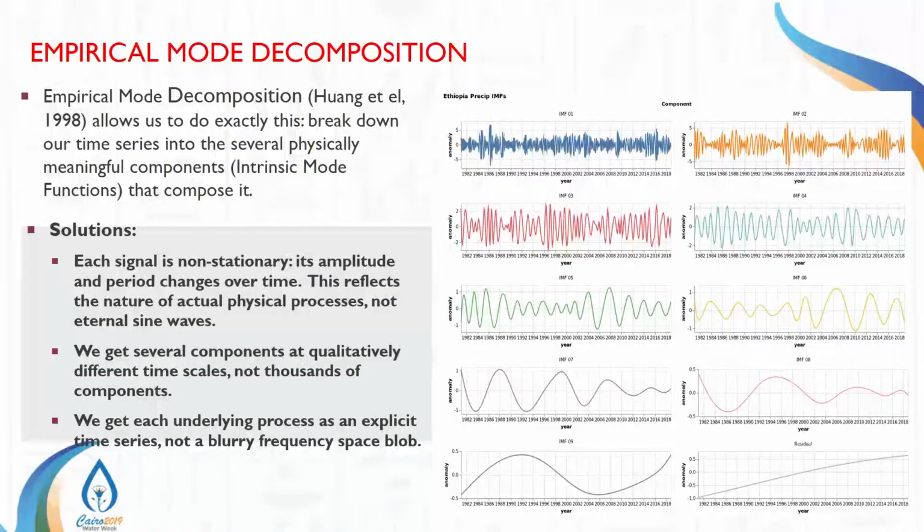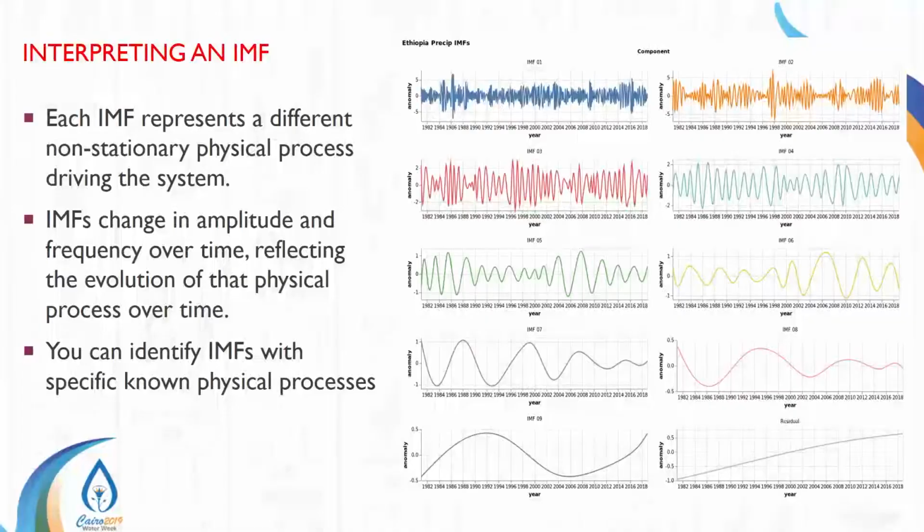When you look into something like this, if you add up all of these different IMFs, or intrinsic mode functions, if you sum them up, you end up with the same exact time series that you started with. So the precipitation data, this variable which changes over time, if I decompose it over different frequency domains and add them up again, they will give you the same exact time series with no residuals. And this is how we interpret our components.